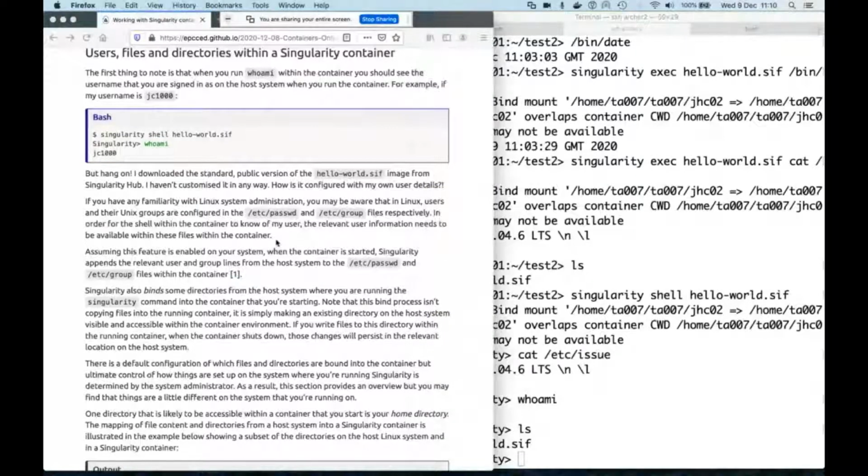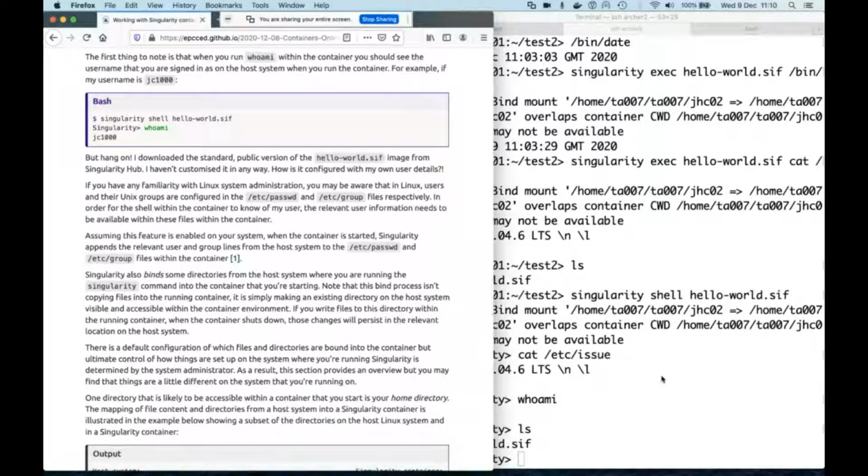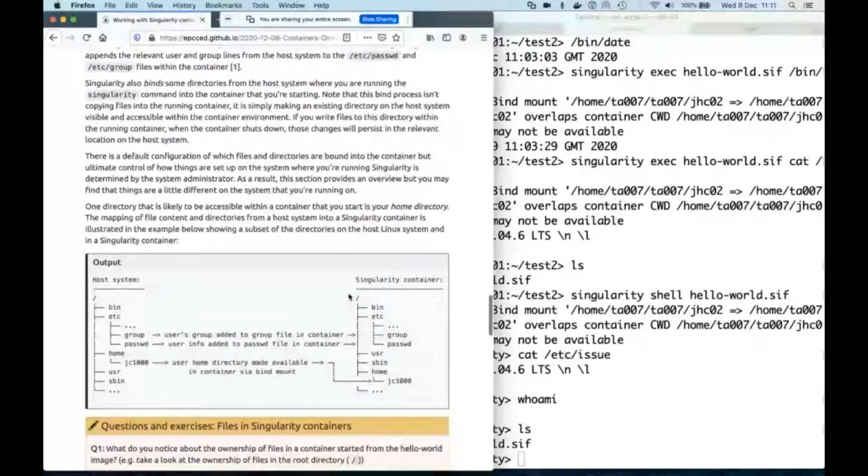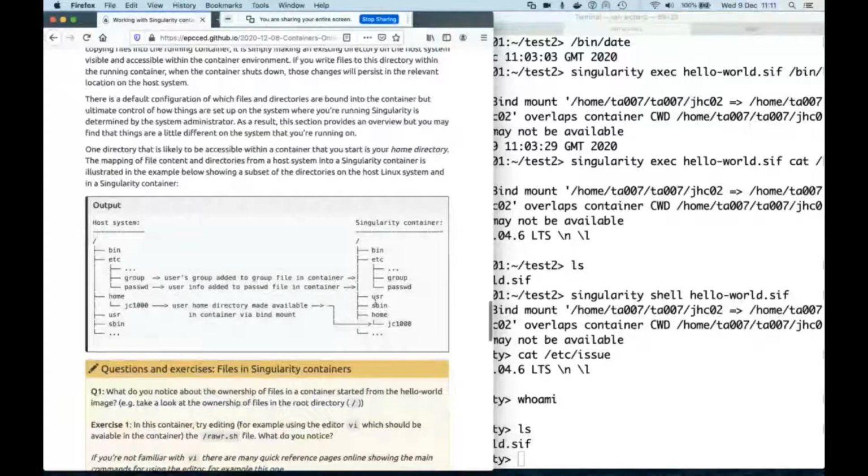So what's actually happening here is that when Singularity runs a container from an image, it does a bit of preparation work when it opens up the container, when it creates the container. It's binding some directories or some file contents from the host system into the container that it creates. So the container is created from our image, and inside the container